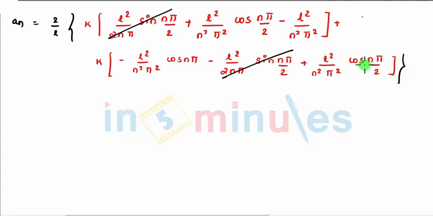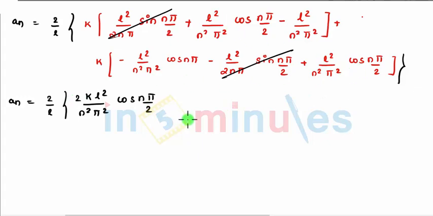So I can write this as an is equal to 2 by L, k multiplies to k L square divided by n square pi square multiplies to cos n pi by 2,